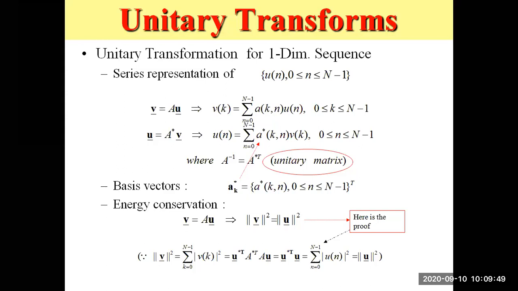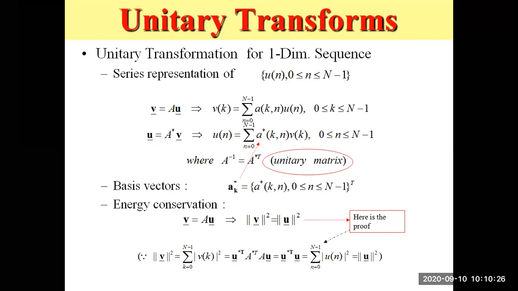One dimension means let us consider a sequence or a series or a signal. Here I am considering a unit step u of n, which we have all studied in signals and digital signal processing. Your unit step extends over 0 less than or equal to n less than or equal to N minus 1. That means there are capital N points. So my unit step extends from 0 to N minus 1, including the 0 sample also.